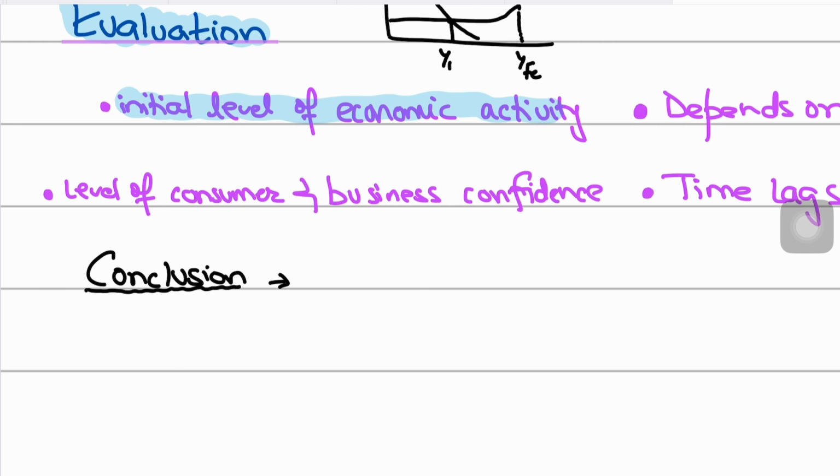Instead, what you will say is that, in conclusion, expansionary monetary policy is definitely a powerful tool in correcting or combating deflation. But then mention that it's not the only tool and it has its limitations. So in conclusion, this is how you write a conclusion. You'll say that its success depends on various circumstances and factors as outlined above, that we mentioned in the evaluation, right? Although yes, expansionary monetary policy does reduce and mitigate the deflationary pressures, its effectiveness may be limited by certain factors, such as, for instance,